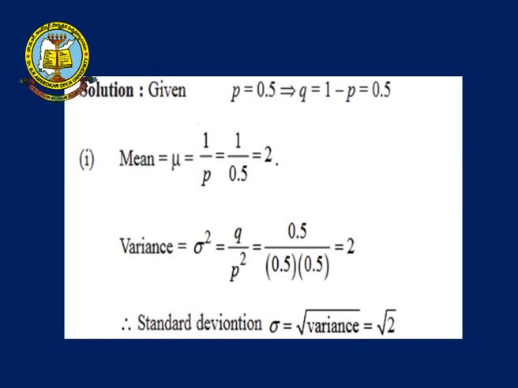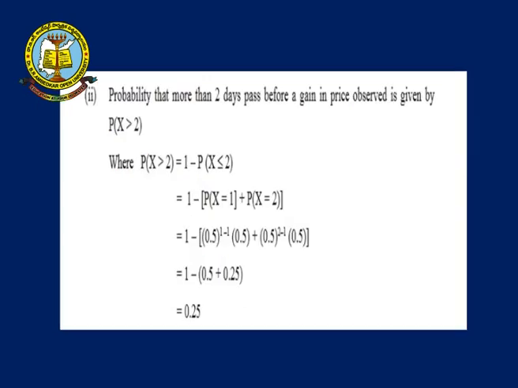That is, we are multiplying that by 2. Standard deviation sigma, that is the square root of the variance, root 2. See here all of you, what is the mu, 1 by P, 1 by 0.5, we are substituting the value in the mean and variance. Standard deviation sigma, what is the variance here, under root of 2. We are substituting root 2 and we can find the value here. Find more than 2 days,